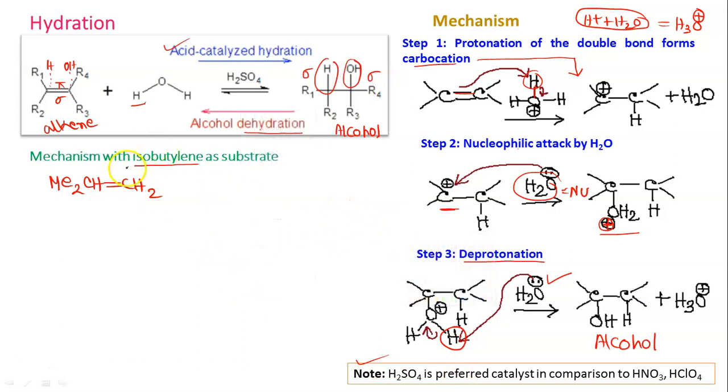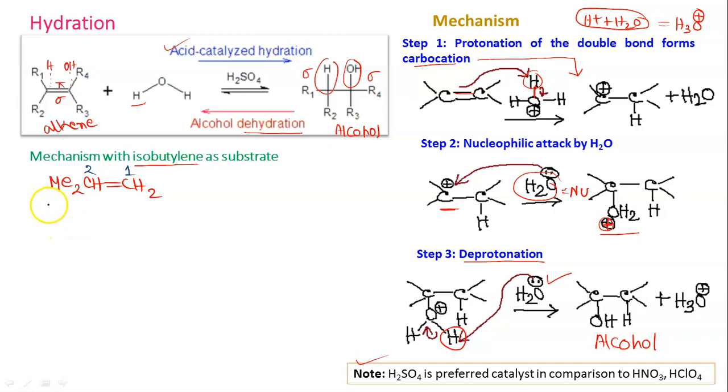So I will number the carbons because, as it is unsymmetrical, two types of carbocation formation are possible, right? So it will occur according to Markovnikov addition, and for Markovnikov addition, I request you to watch the video, that is part 3 and 4. In part 3 I have discussed Markovnikov, and in part 4 there is discussion of problems regarding Markovnikov.